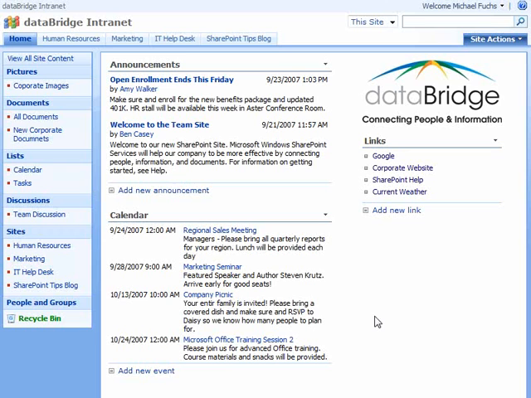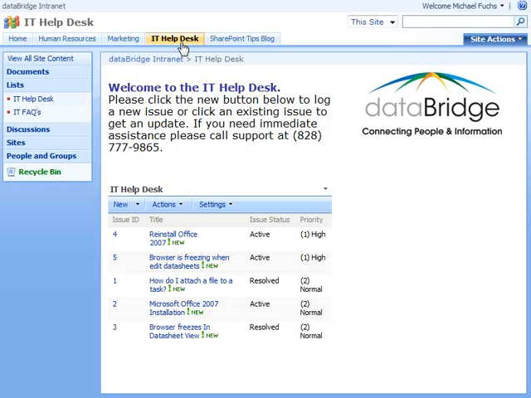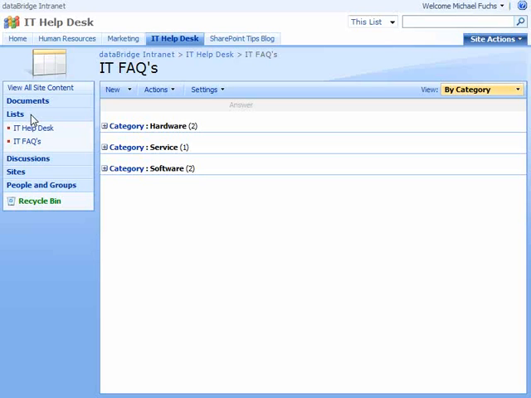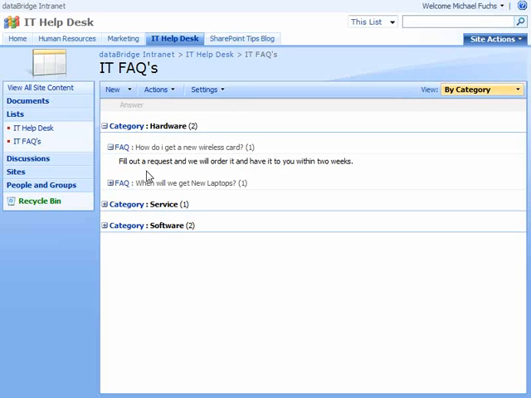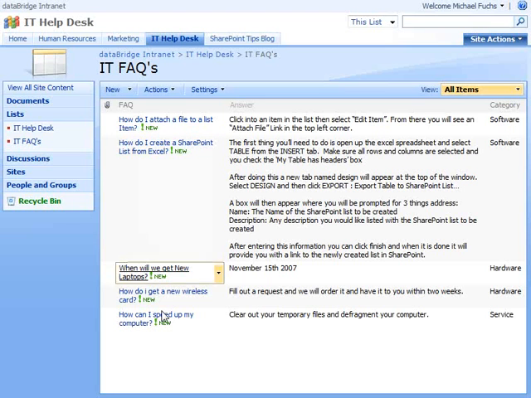Let's take a look at that. And for instance, let's go to the IT help desk. We used the IT FAQs list we created earlier as a custom list. Then we modified the actual views to be grouped by category. So if you'll just bear with me, this will refresh your memory how we've got this view created. And notice we've got the all items view too, which just shows the question, the answers, and then what category